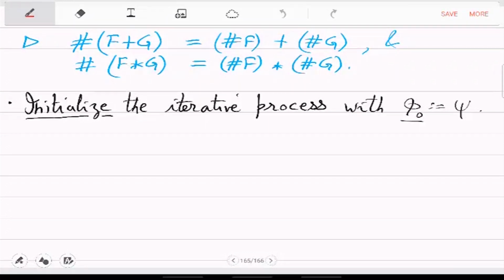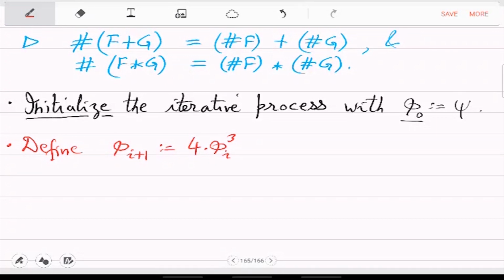So let us initialize, it will be an iterative process. Let us initialize phi 0 to be psi. So this is correct up to value mod 2. And now let's define the next step, which is a very clever formula. So it is phi I plus 1. This will be the previous formula, you cube it, then you add it 4 times. So that's depicted by 4 multiplication.